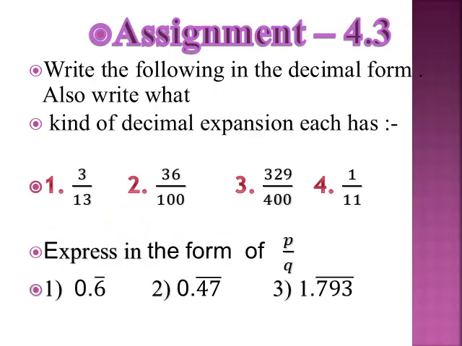So here is a small assignment for you. Dear students, today we have learnt about decimal expansions, rational and irrational numbers. A rational number means its decimal expansion is terminating or non-terminating recurring, and an irrational number means its decimal expansion is non-terminating and non-recurring. So I hope you have clear ideas and better comprehension of the above topic. I explained all the points in detail. So here is an assignment for you that would help you to check your understanding.